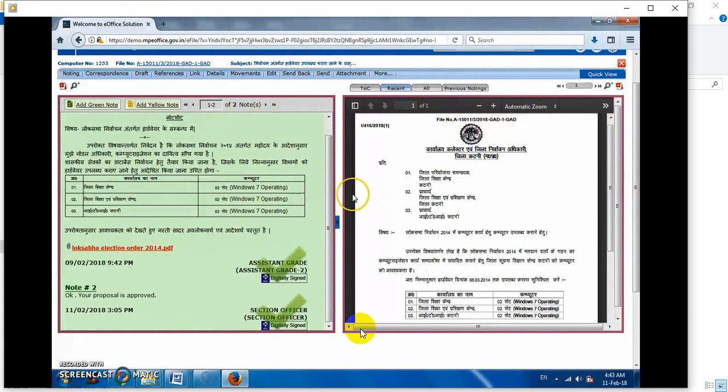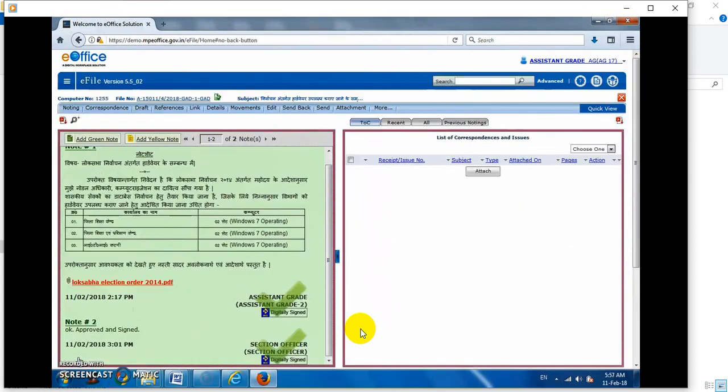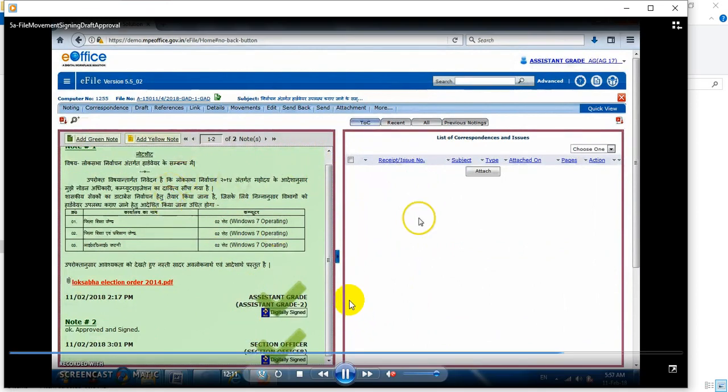I stopped recording to change some flow, which I will show here. I clicked send back when sent from the section officer login. Both are okay. What I want to show here is that we know and can see from here that one approved draft is with the note sheet. So I go to the view. Once again, just a second, because the audio and video are out of sync, but you'll understand.